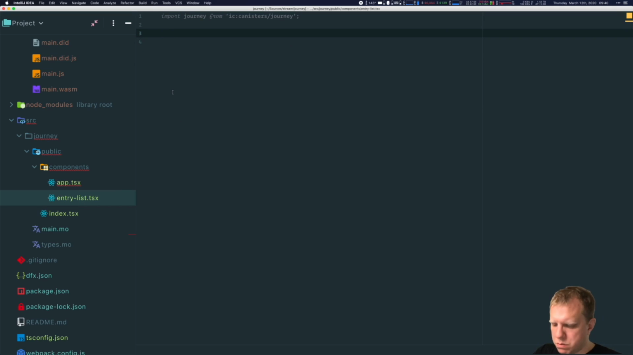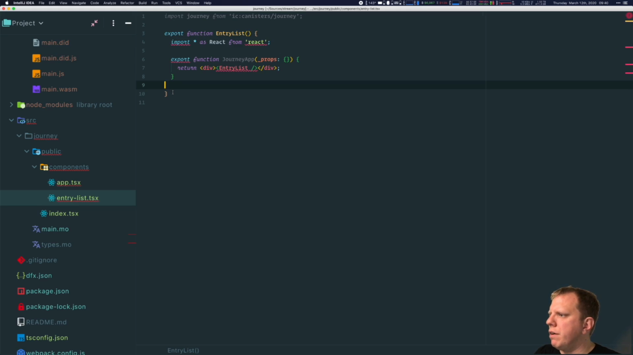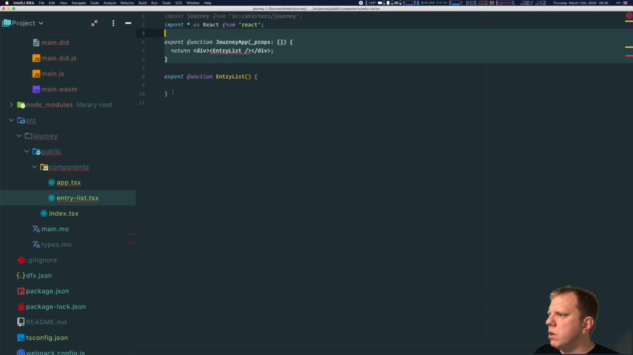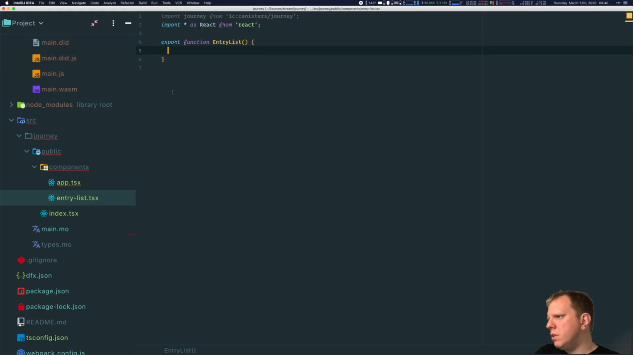There you go. Export function entry list. Props. I don't even need props anymore. I don't have this. Okay. And so I think what I need to do is